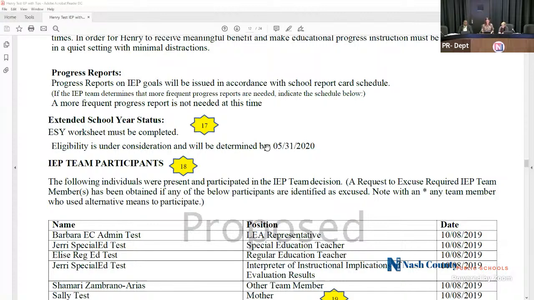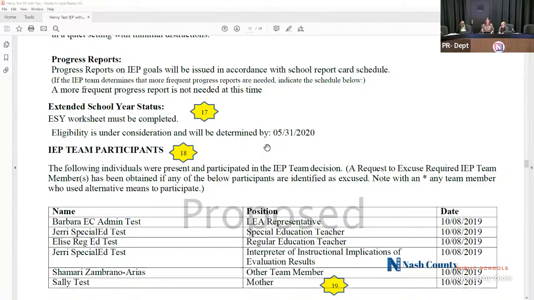The next section is extended school year status. This is something that causes a little bit of confusion sometimes just because of the name of it, extended school year. A lot of people, parents sometimes, think that we're talking about summer school or some of those supplemental programs, but that's really not what this is. Extended school year is a highly specialized kind of service,